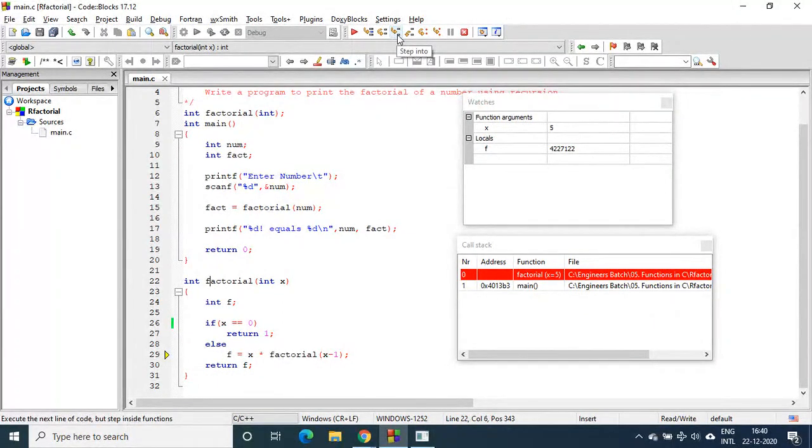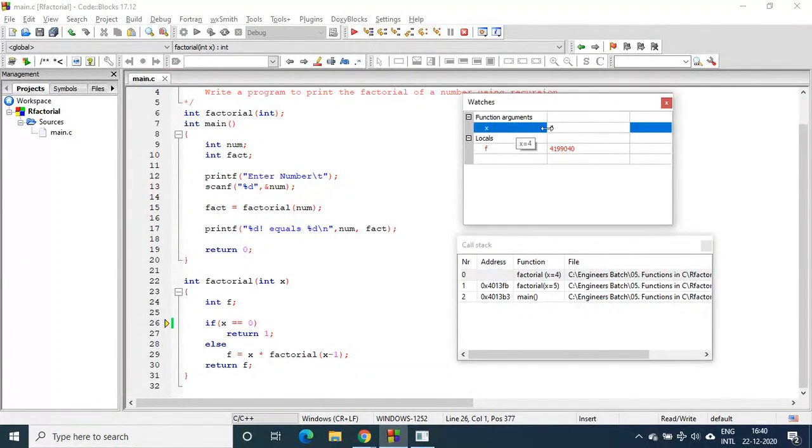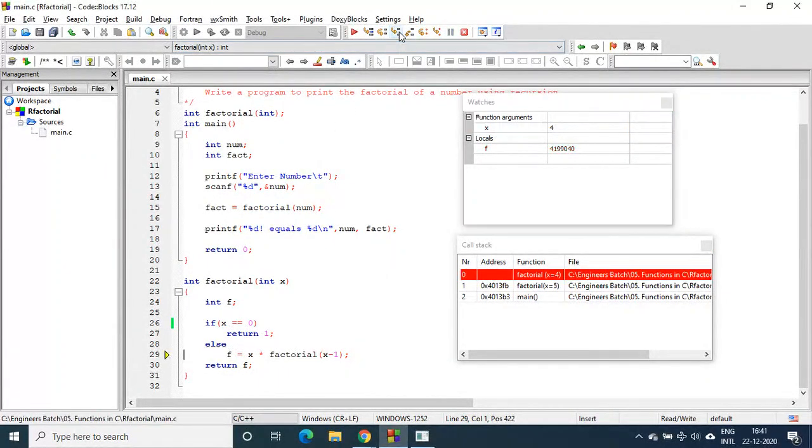So step into. Observe that each function has got a separate set of f and x. Got that? x equal to 4 has been pushed. So this is a separate function body, this is a separate function body. Here x is equal to 4. Again, it will go on executing the way I showed you, right?